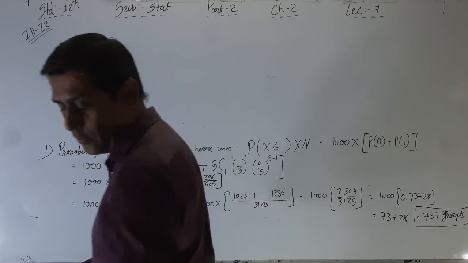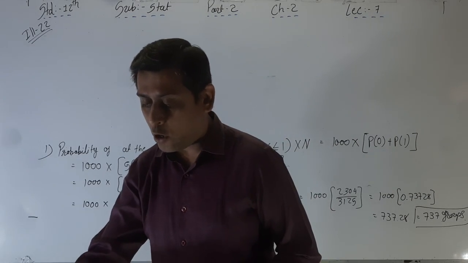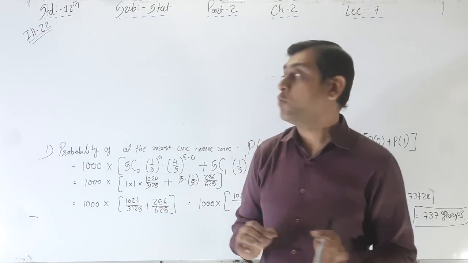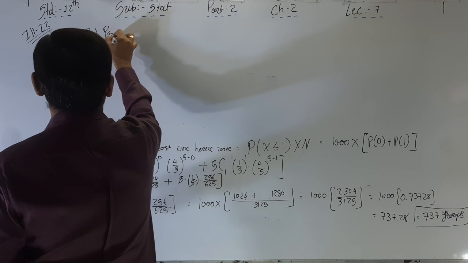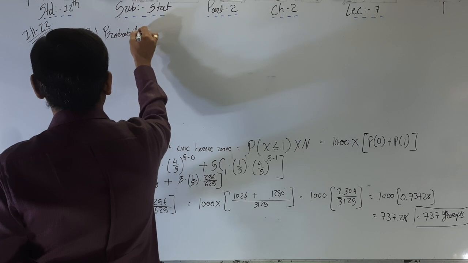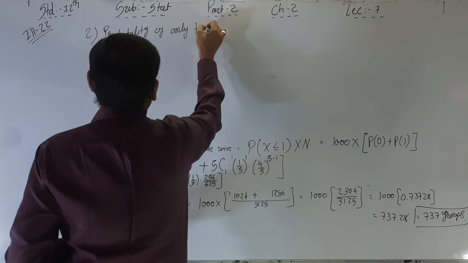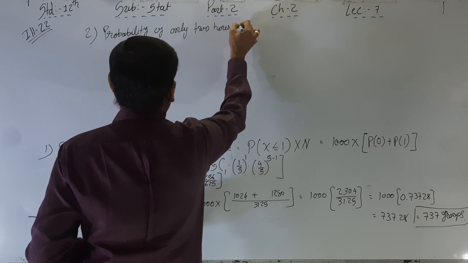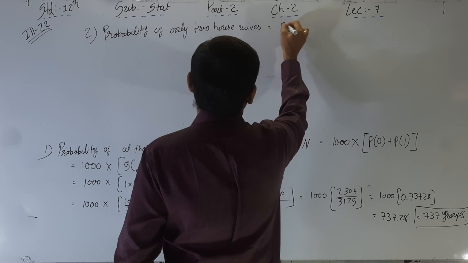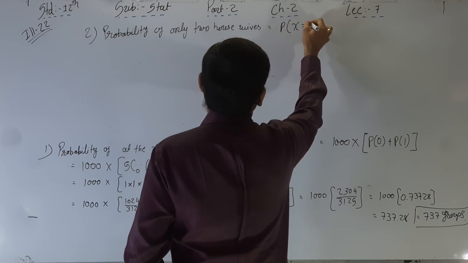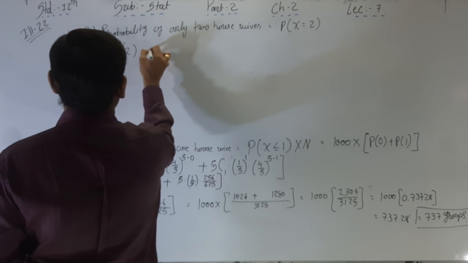Now the second part of the question, only two housewives can identify. Only two, that is exactly two. We have to write down the second probability of only two housewives, that is P of x is equal to 2, that is P of 2 is equal to